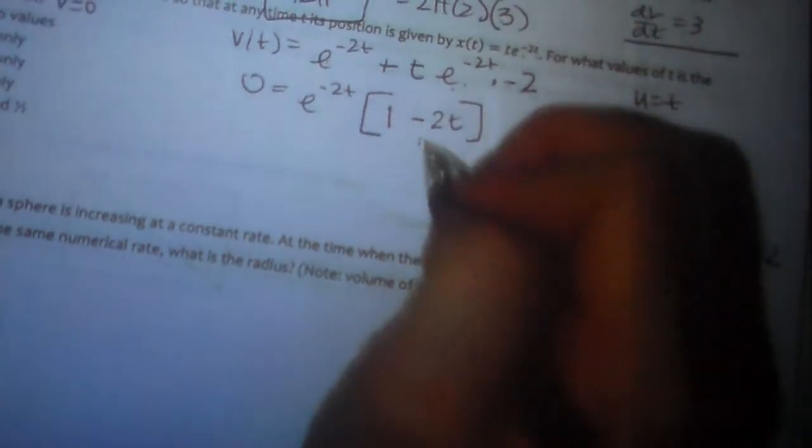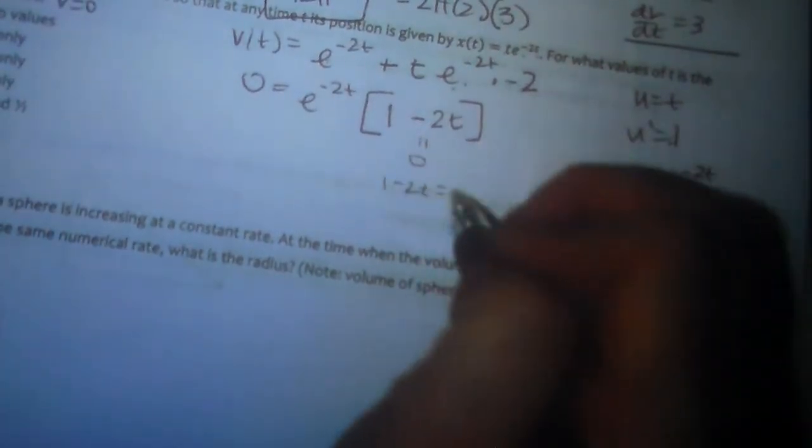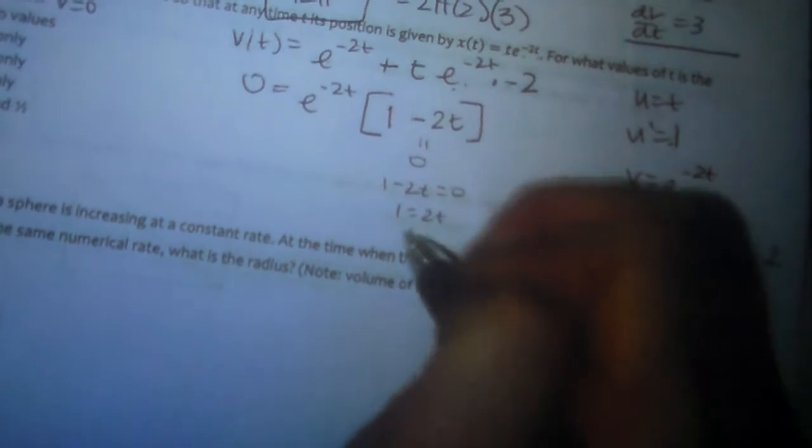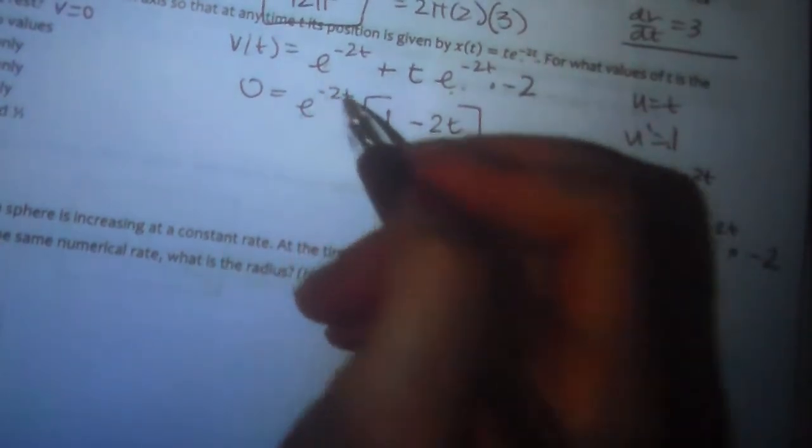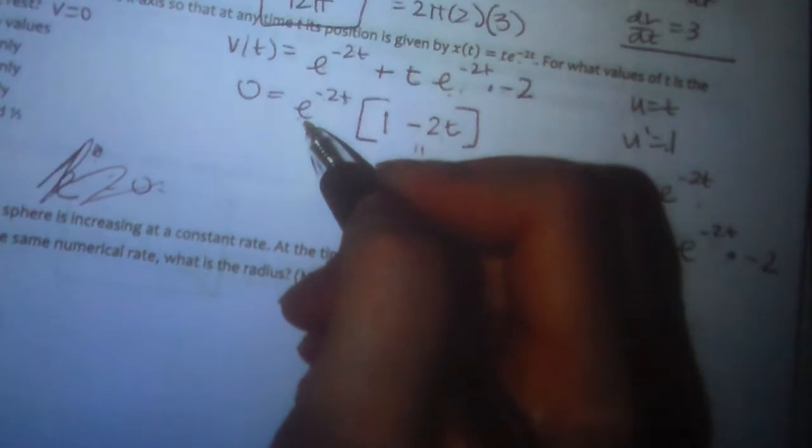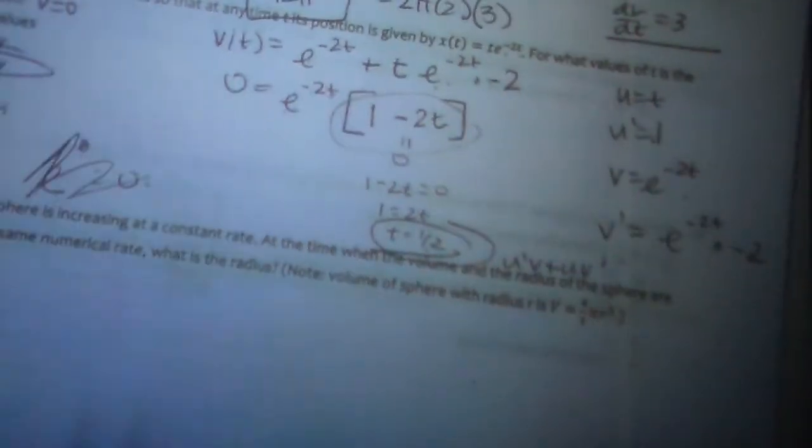So obviously setting this one equal to 0, 1 minus 2t equals 0, 1 equals 2t, t equals 1/2. So the value of 1/2 would make this 0. And then if you think about e to the negative 2t, there's no t value that you can plug in that would make this 0, because e to something equals 0, you can never get that, right? Even if you put in 0 here, it becomes 1. So this one, there's no value that makes it 0, so I'm only worried about this, so then it's just at 1/2